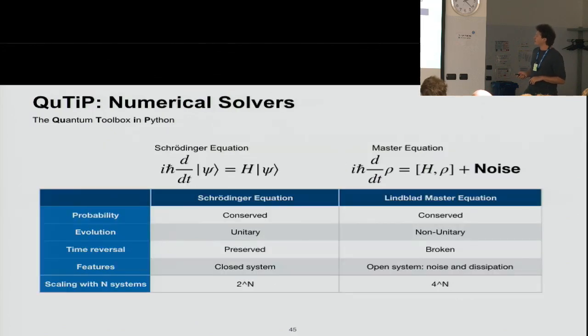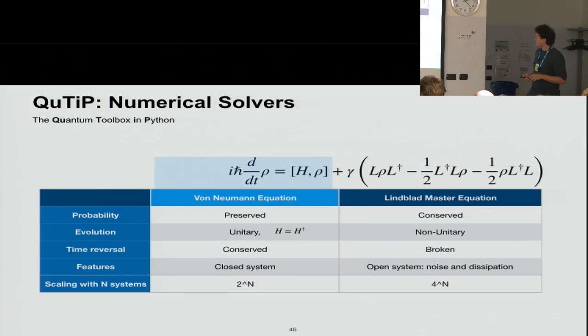And let me just mention the fact that before I was talking about the Schrödinger equation. The Schrödinger equation is this equation that actually allows a unitary evolution, which means that time reversal is in principle possible, something kind of unintuitive in quantum mechanics. Why is that? Because there is no inclusion of dissipation and loss of information, if you want, of energy to the environment. So what QuTiP is really good at is modeling realistic quantum systems, which are also the quantum computing kind of systems that are being right now implemented in practice.